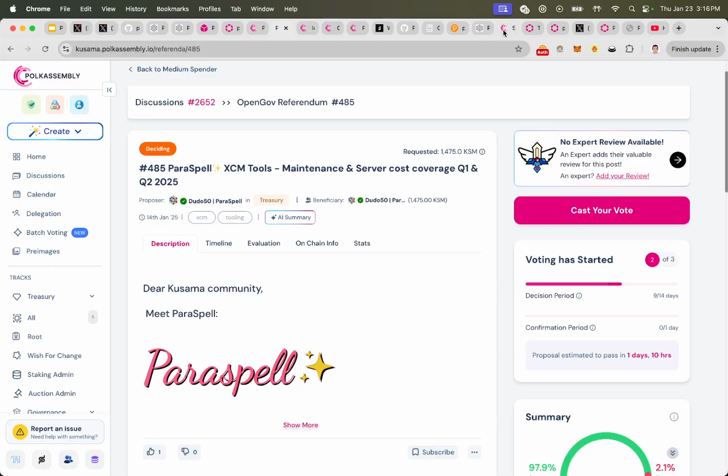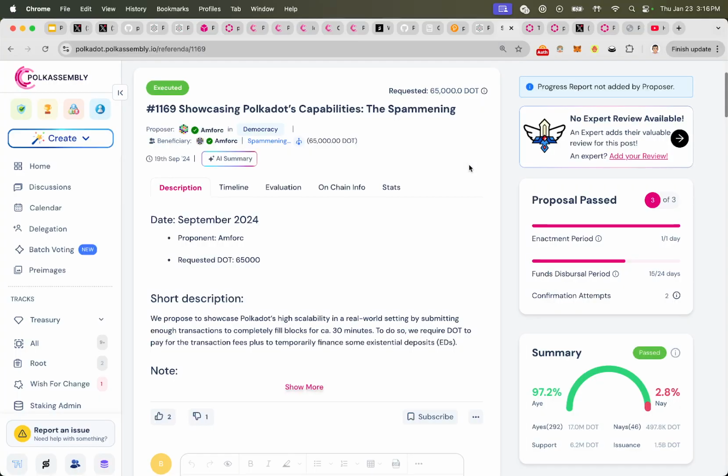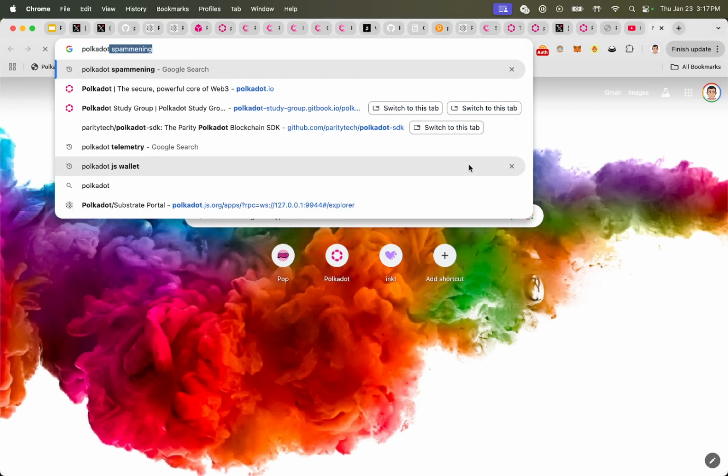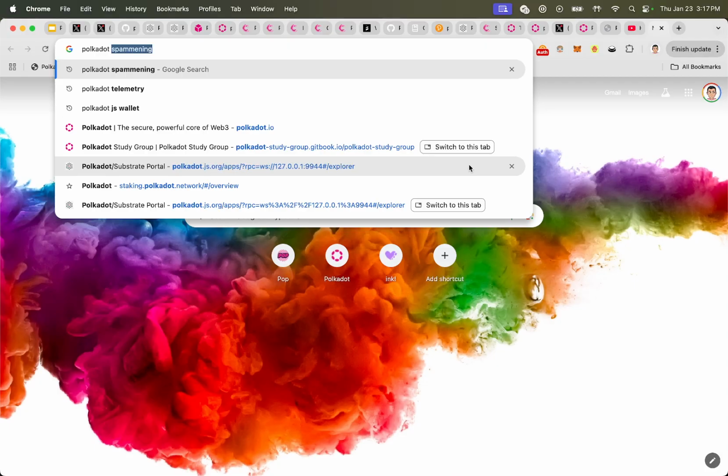So what happened was there was a referenda on what they called spammy, right? They wanted to check the TPS on Polkadot through Kusama, because Kusama is pretty much the same thing as Polkadot. It's got its own runtime. So for example, if you search Polkadot fellowship